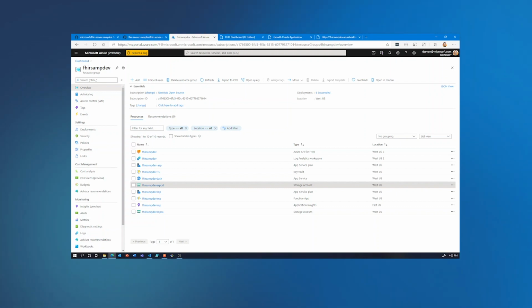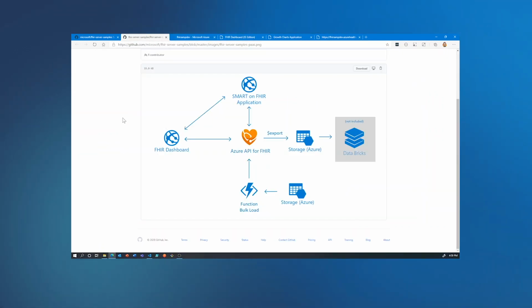So you run the export operation, and the output is NDJSON files, and they're put into this storage account for you, as well as a few other things that are configured to support the different operations for what we're doing here, including a key vault and other app service plans. The most important parts of this are the Azure API for FHIR, the sample dashboard, the export storage account, and the import storage account.